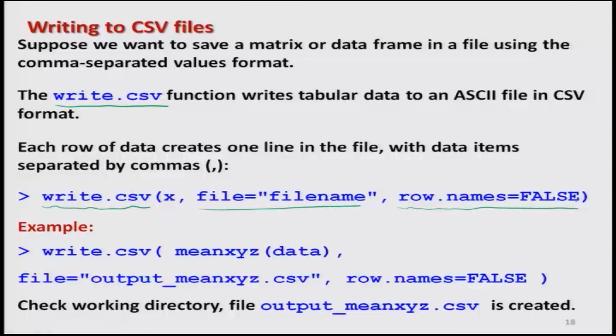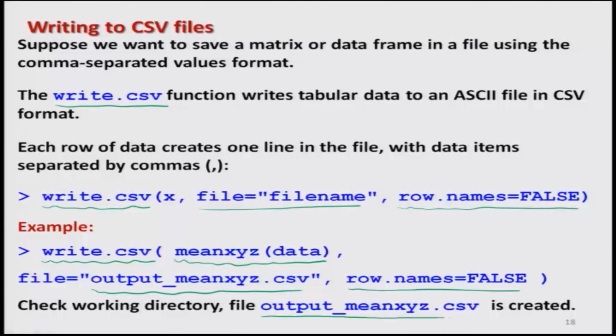For example, in the same example that we have done, if I want to write the outcome inside a CSV file, then the command will be write.csv, and what outcome we want to write, that is our script mean xyz, and inside the argument the data on which I want to execute the program mean xyz, and then the file, for example, output underscore mean xyz dot csv, that is the file name in which I want to store the outcome, and here I do not want to give the row names. So, you have to give it as FALSE, and once you do this, if you check the working directory, this file will be created inside the R folder,